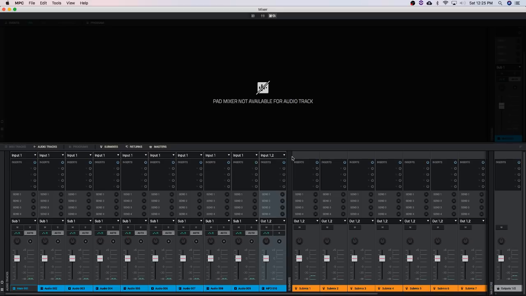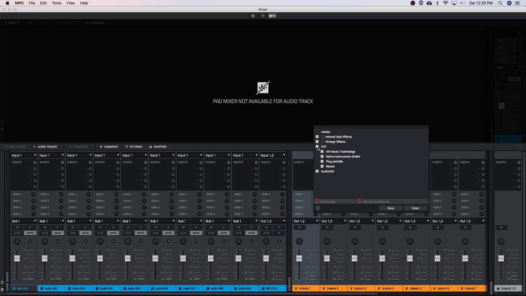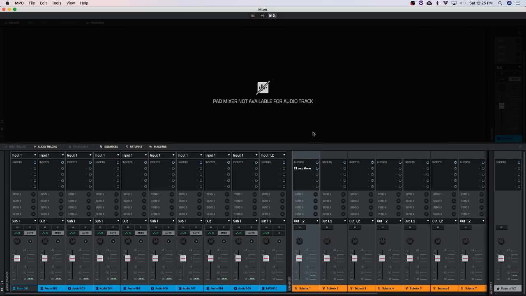Some people record wet, which I like to record wet. So real quick, I'm gonna just show you. You're gonna go right to your submix 1, and you're gonna throw some of your effects in. Now, if you have the Waves bundle or whatever, you can go to Waves, and you can put your compression in here, and you can put your